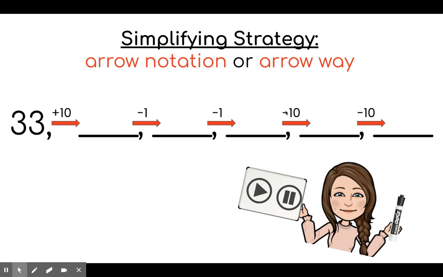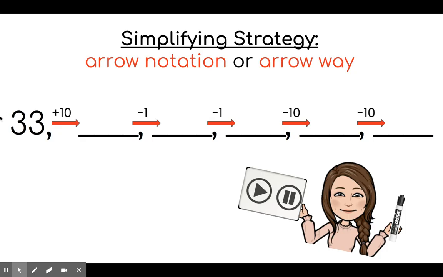We can't do any of these other requirements until we figure out the numbers in order. That's why we follow the arrows. It's called the arrow way. Start with 33 and add 10 first. The sum of 33 plus 10 will be written on the second line here. Then you'll be able to subtract 1 from that number, which will give you the next number. When you have that number, you can subtract 1, which will give you the next number. From that number, subtract 10, which will give you the next number, from which you will subtract 10 one more